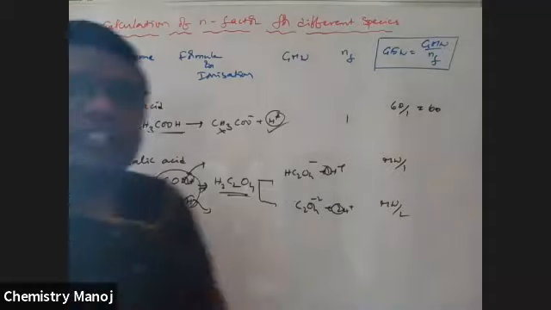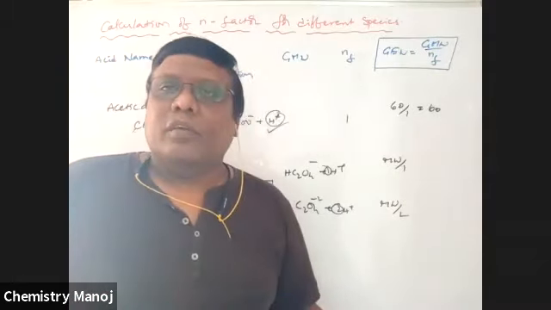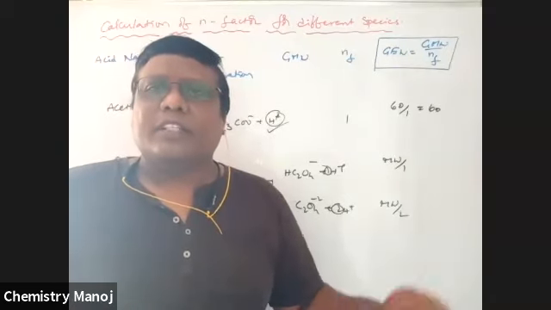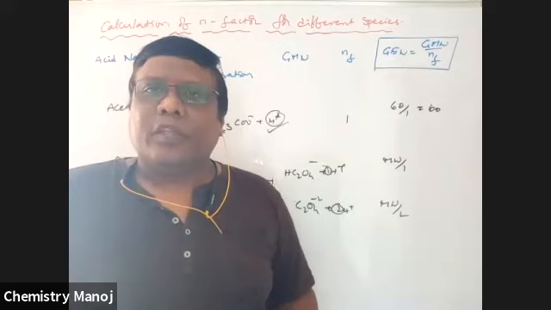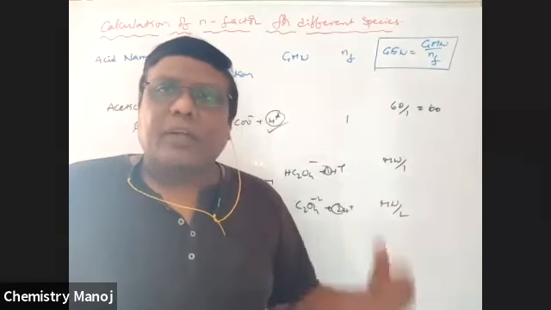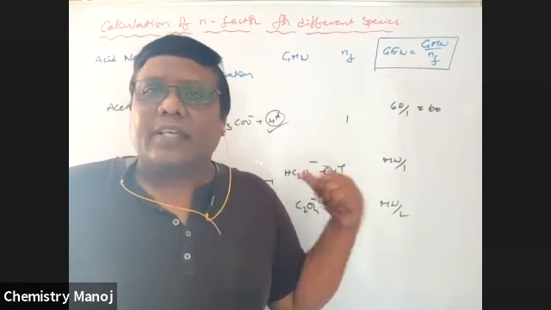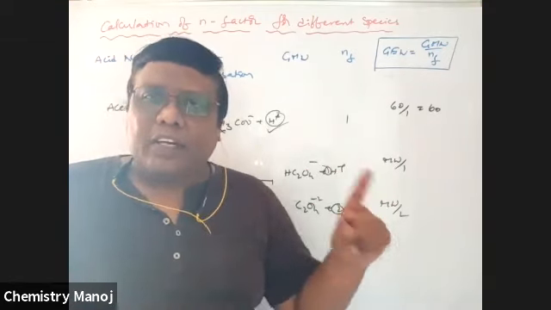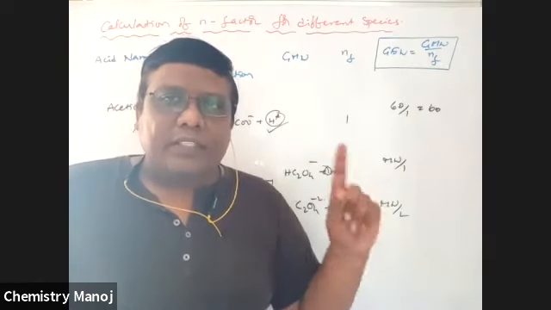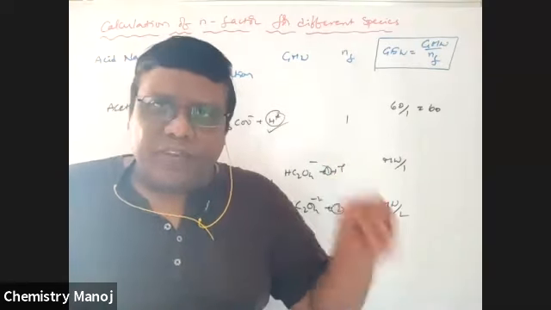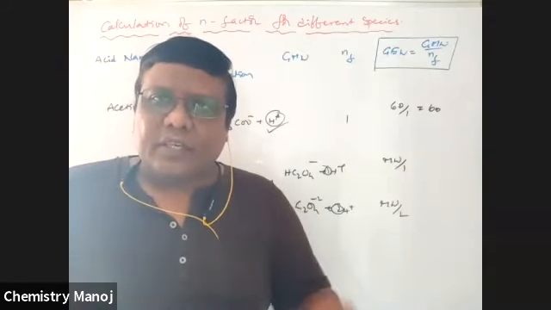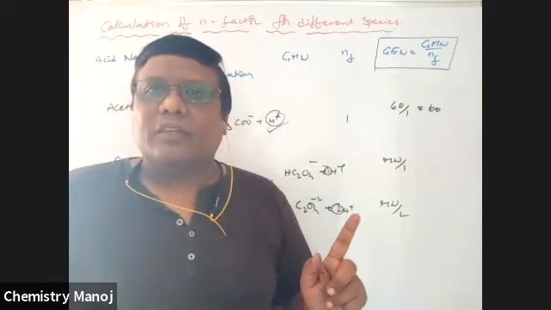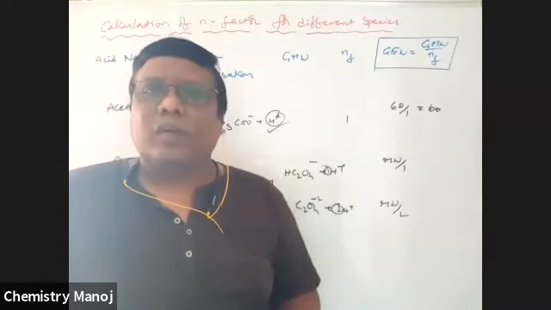So finally, for acids, what is the N factor? It is its basicity. What is basicity? It is the number of H plus ions released from one molecule of the substance, the number of replaceable hydrogens. That is the N factor for an acid. Is the N factor fixed for a fixed substance? No, because it may be variable. Molecular weight is fixed, but equivalent weight is not fixed.